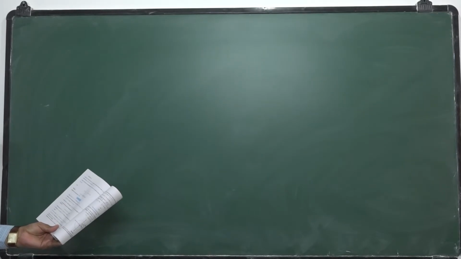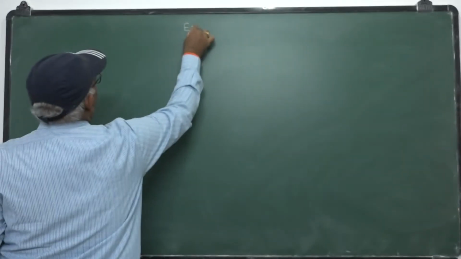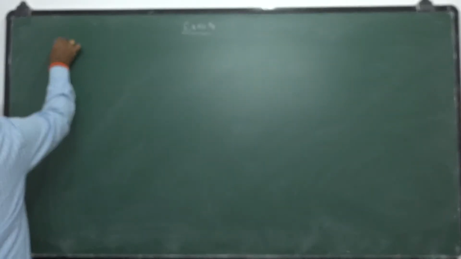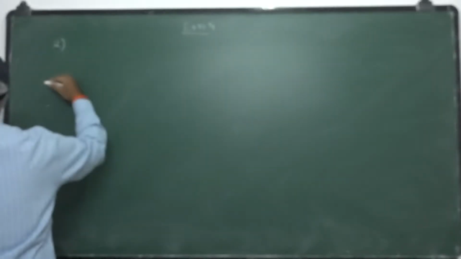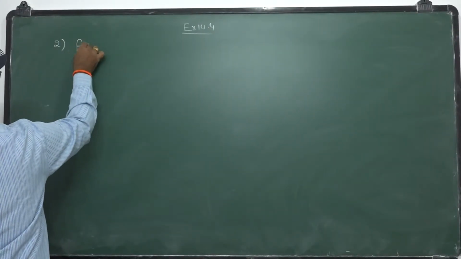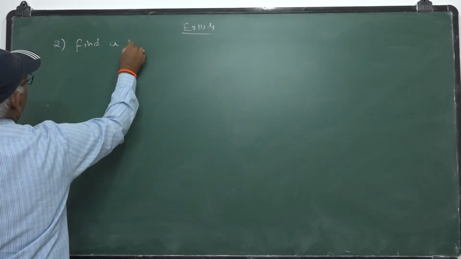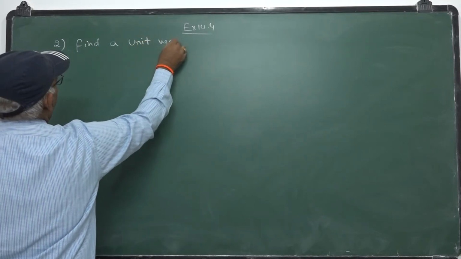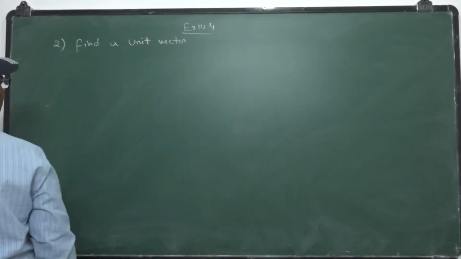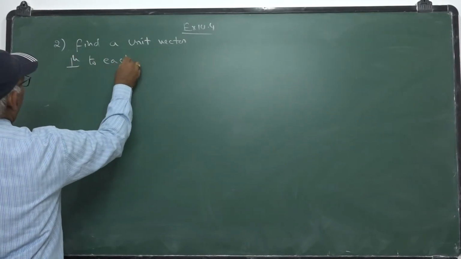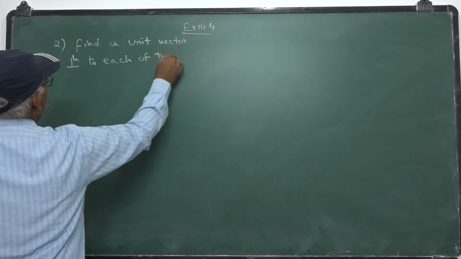In exercise 10.4, we covered the first problem. Now the other problems: the second problem. Find a unit vector perpendicular to each of the vectors